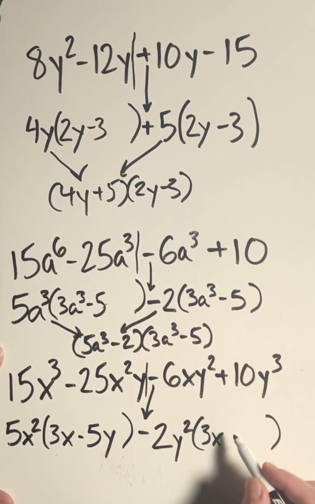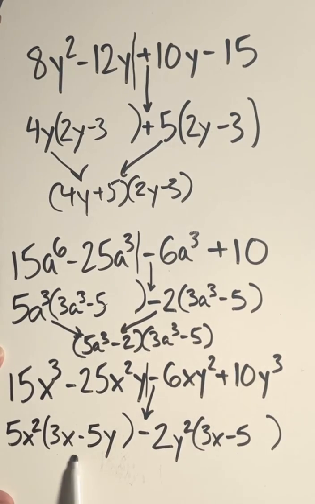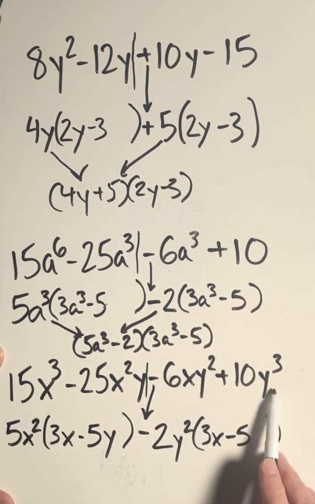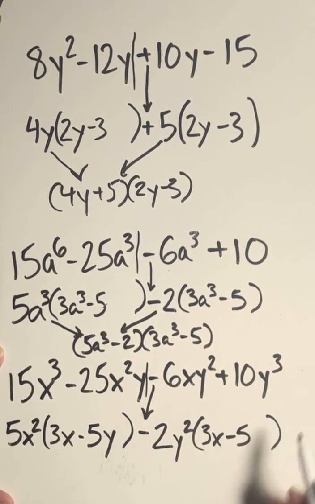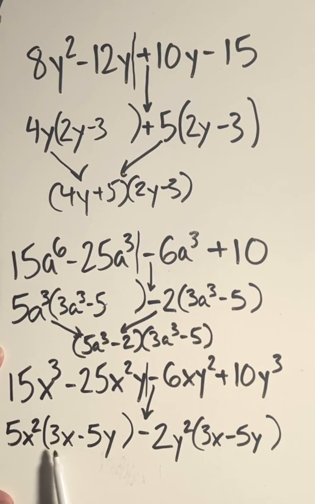Positive 10 divided by negative 2 is negative 5, which matches up over here. Y to the third divided by y to the second is just y. Now I need to check to make sure that both of my binomials in parentheses are identical. Since they are, that means I can bring down the terms outside of them